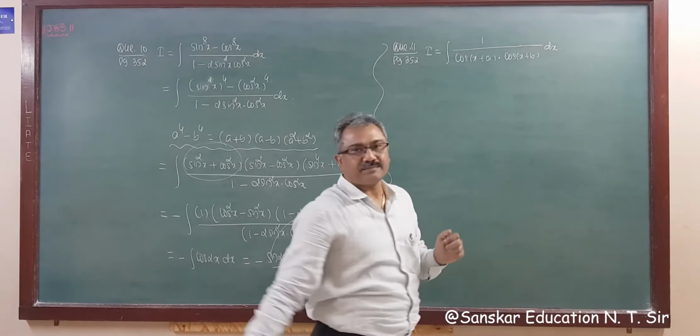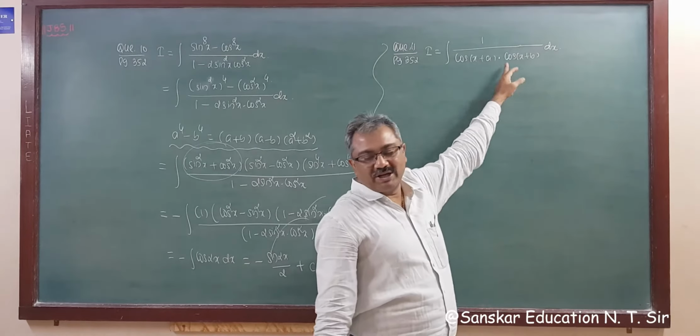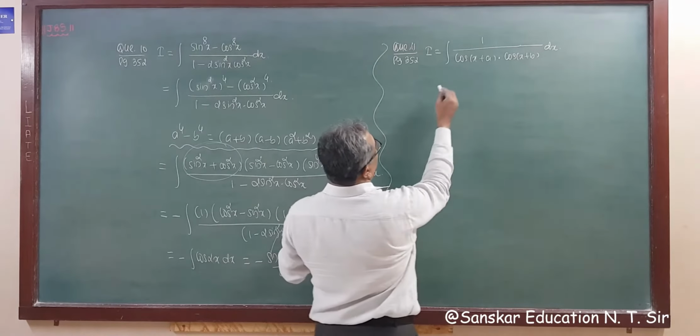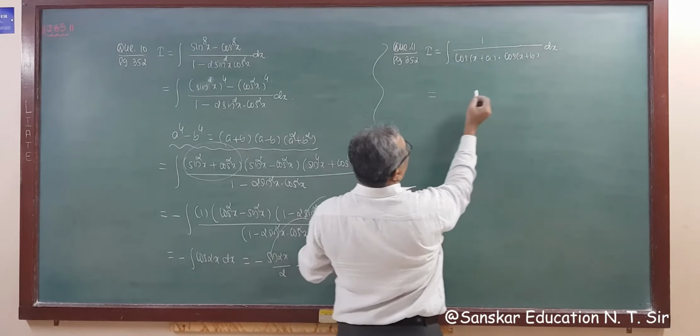If there is both cos, then you have to adjust the formula of sine in the numerator, right? If both are the same, then apply the formula for sine, and if sine and cos are different, then apply the formula of cos. So here both are the same, so we have to adjust the formula of sine. So I am writing here, suppose sine, right? Then this is x plus a, and this is x plus b.